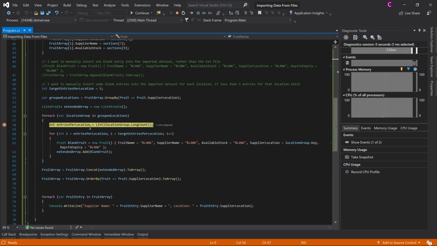So for each location in there, we are going into the location group and counting how many elements there are in it, so that we know how many entries there are per location. Then we're looping, starting at the entries per location, and executing code until we hit the target entries per location,